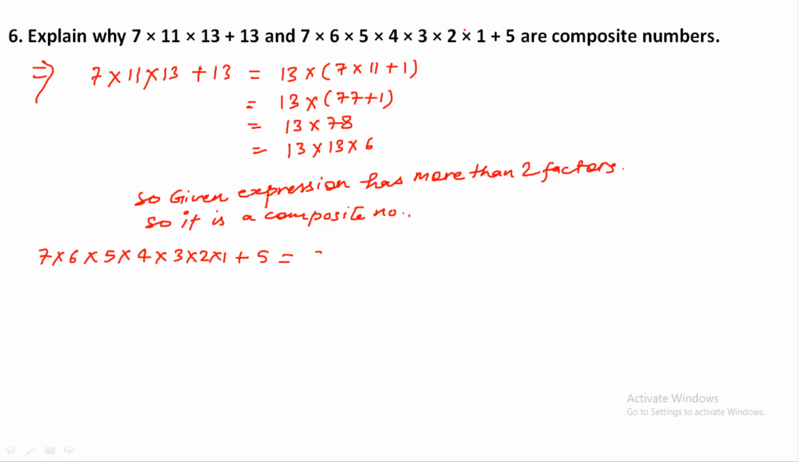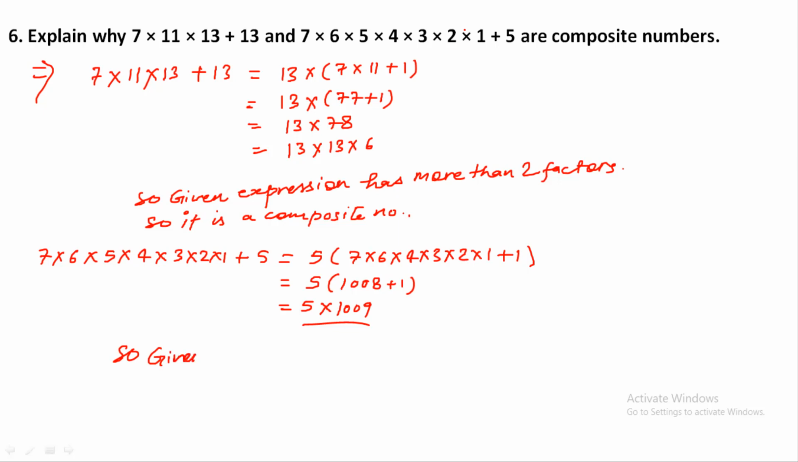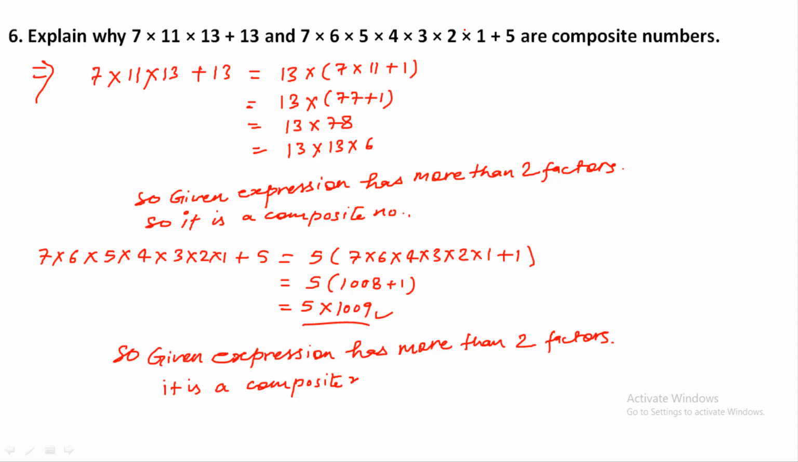सो नाउ नेक्स्ट इज 7 into 6 into 5 into 4 into 3 into 2 into 1 plus 5, so we can take here common 5। जब हम कॉमन ले लेंगे तो रिमेनिंग रह जाएगा 7 into 6 into 4 into 3 into 2 into 1 plus 1, so this further can be written as 5 into 1008 plus 1, so it means that 5 into 1009, इसमें भी क्या है? मोर देन 2 फैक्टर्स हैं। ओके, सो गिवन एक्सप्रेशन has more than 2 factors, so it is a composite number। तो इस वजह से कौन सा नंबर है? Composite number।